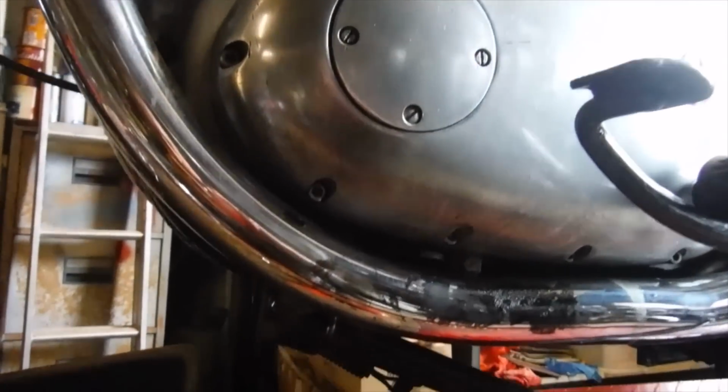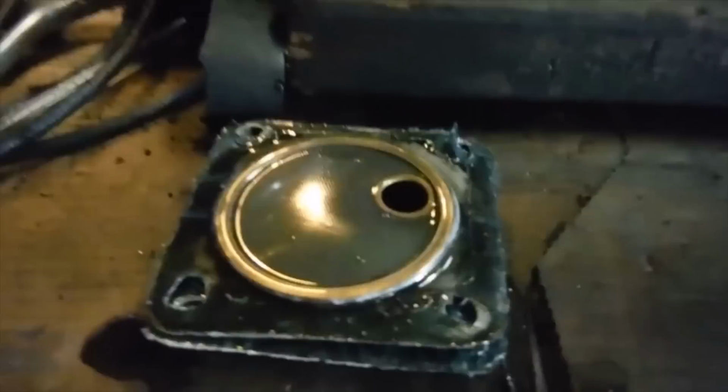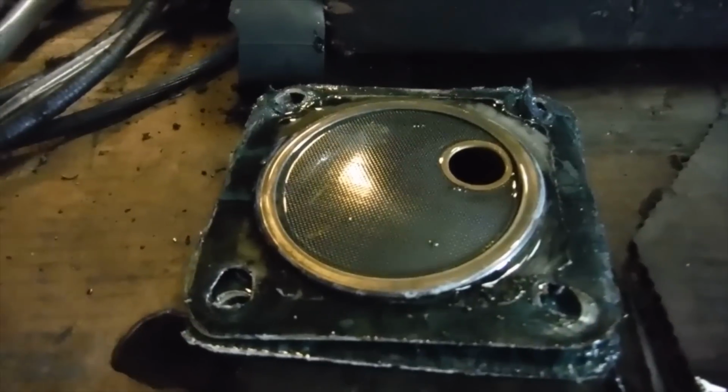I don't know how well this might show up, but I'm going to give it a try. Since that run I took on this bike yesterday, I've got it back on the bike lift and got the sump plate off again and the scavenge strainer. Nothing alarming in there. And I was thinking last night, I wonder how I could try and see if there's any play between the crank and its timing side bush without taking the engine half apart,